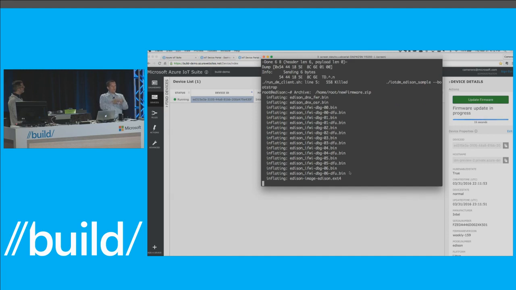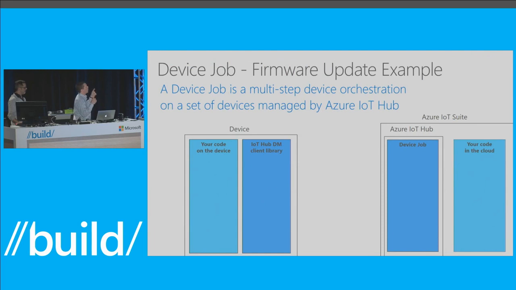So what we did is we actually put the new firmware on this device in a zip file. And so what you see, it's just inflating that zip file that has the new firmware. Okay? Now, this is going to take a couple minutes, 3 or 4 or so, to reflash. And so while it does that, I want to actually go into detail on what you're seeing happening here